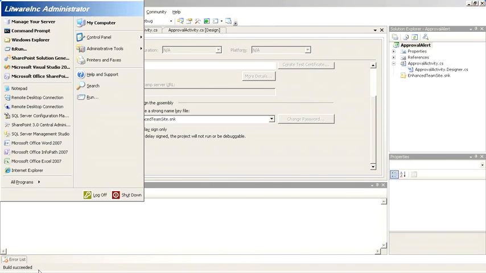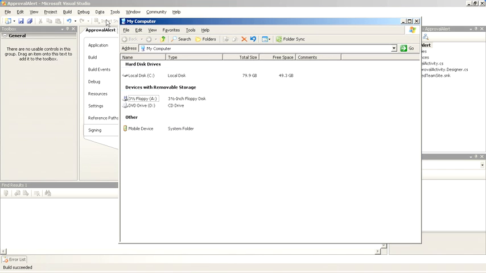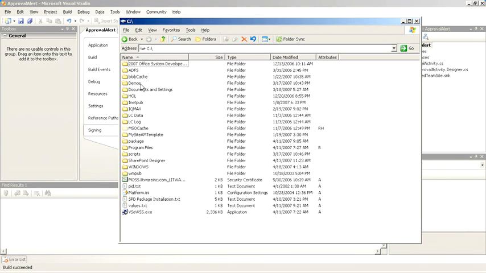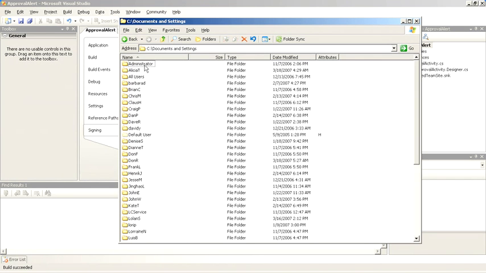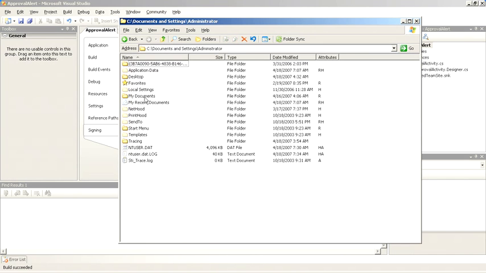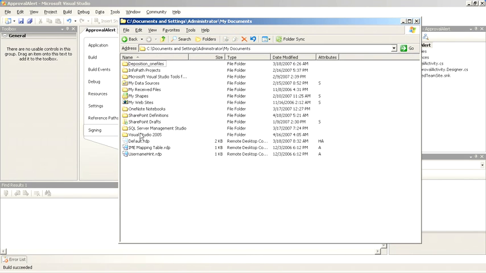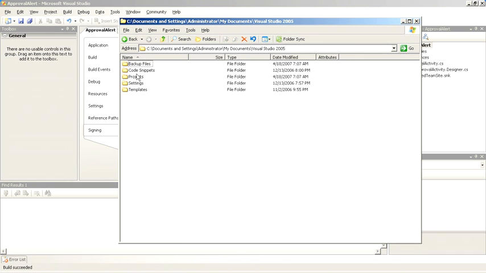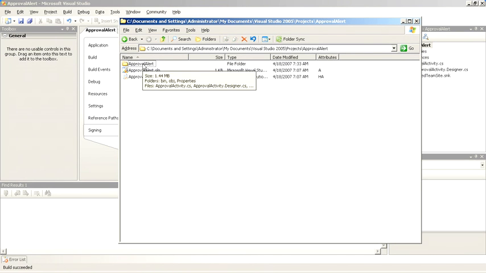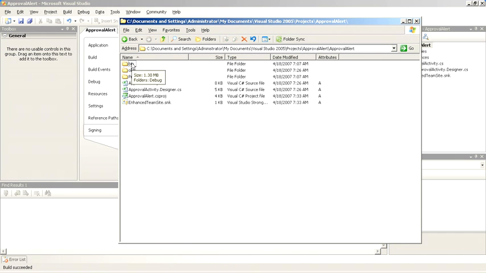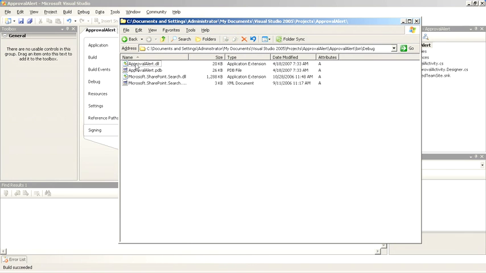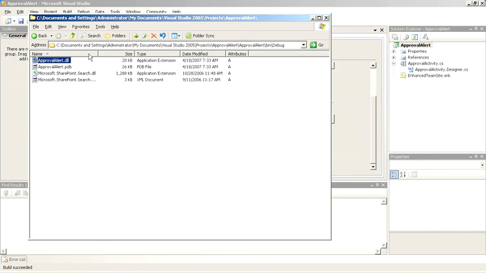I'm going to click Start, My Computer, from the C drive, Documents and Settings, Administrator, My Documents, Visual Studio 2005 Projects, Approval Alert, Approval Alert again. Inside of the bin, I see the debug folder, and there is the DLL. I'm going to move this out of the way, and then launch Windows again,